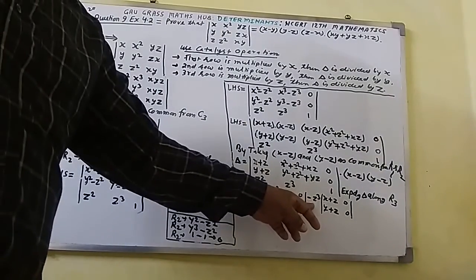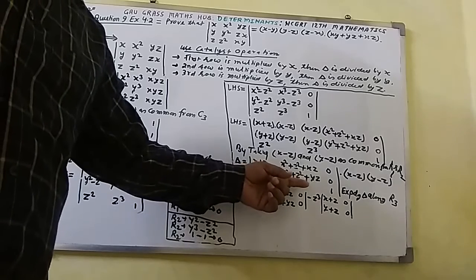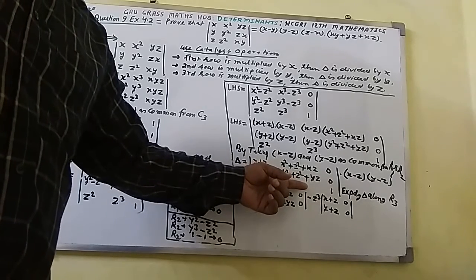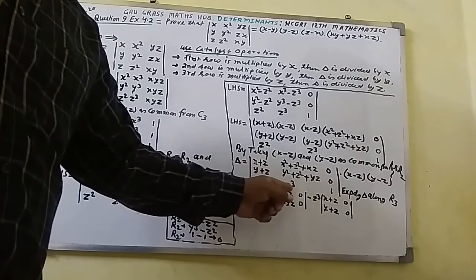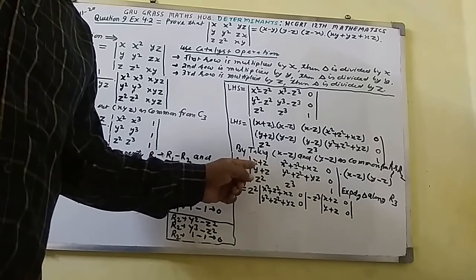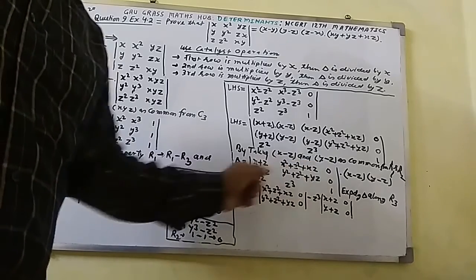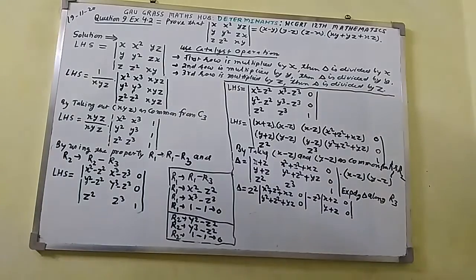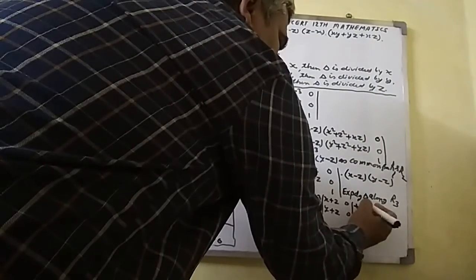Minus z cube. The z cube is there in the third row and second column. So this one will be left out. You will get x plus z, 0, y plus z, 0. And here write plus 1, this element,